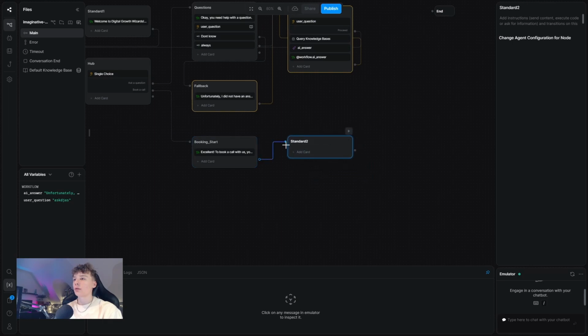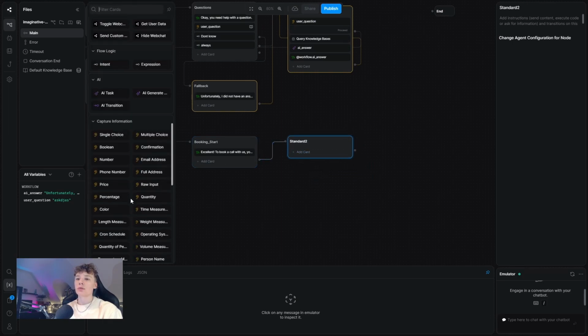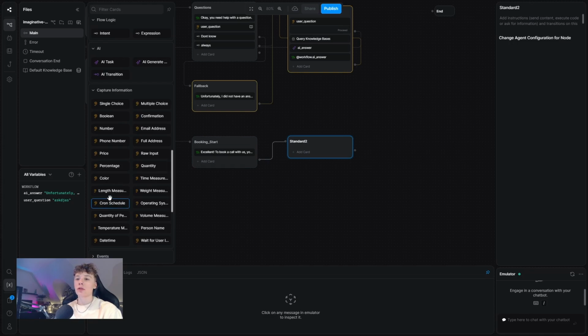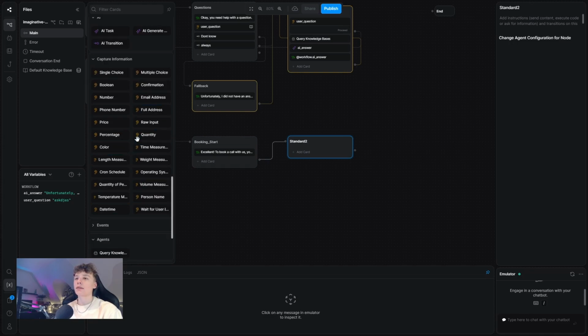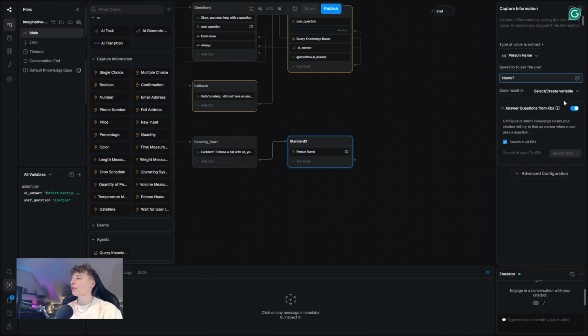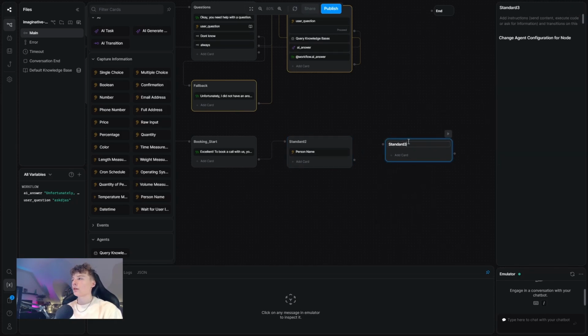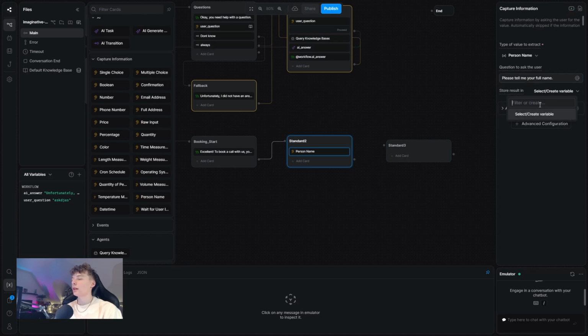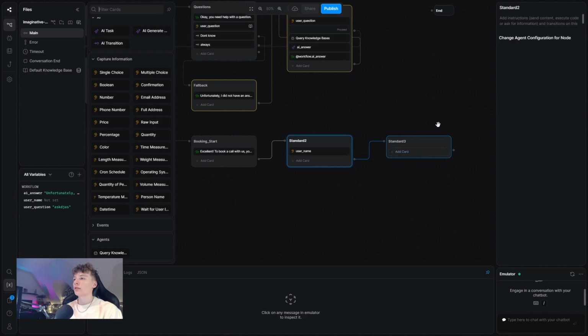So we're going to start with the questions. So we're firstly going to ask for the full name of the user. So we're going to add a person name card, and we're going to ask, please tell me your full name. And we're going to store the result inside of the user_name variable, which we create, and we're going to drag to a new node, and we're going to